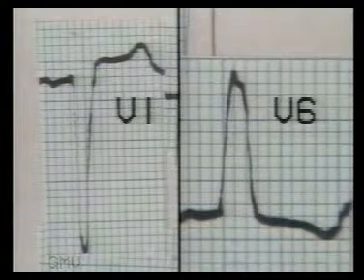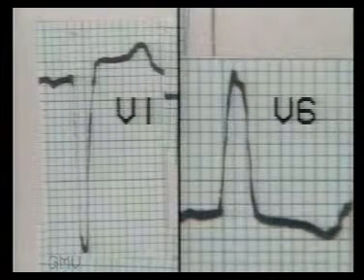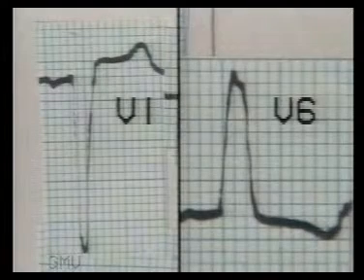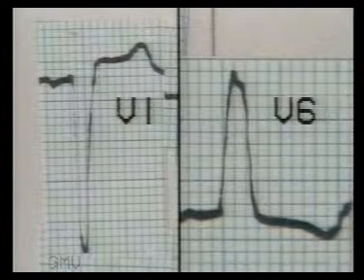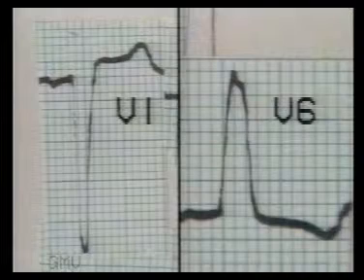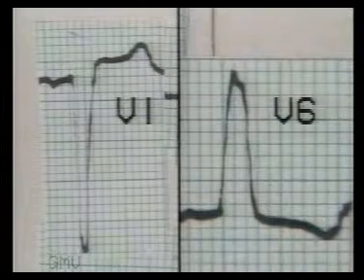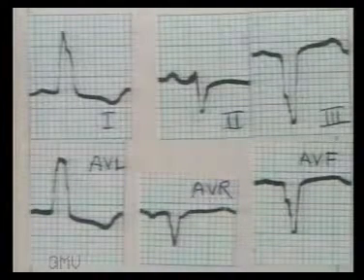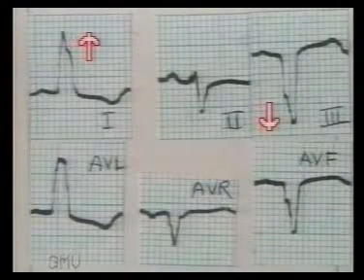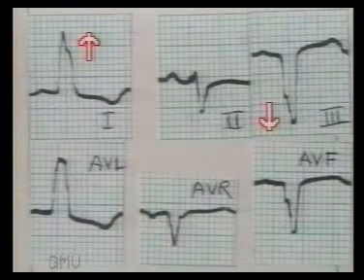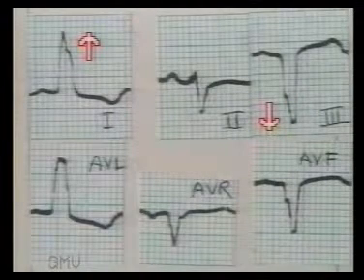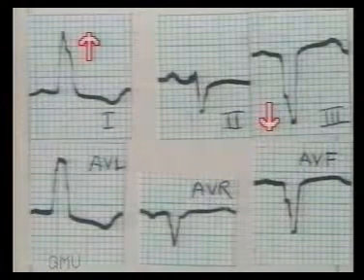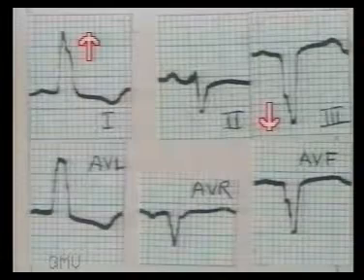Note in close-up view the broad and deep S wave in V1 and broad and slurred R wave in V6. In particular, note the absence of Q wave in V6, and note that the T waves are opposite in direction to the QRS complexes. Now let us see the limb leads. There is left axis deviation or left leaves pattern, and the changes of left-sided leads V5 and V6 are also seen in 1 and AVL, which are basically left-sided leads.